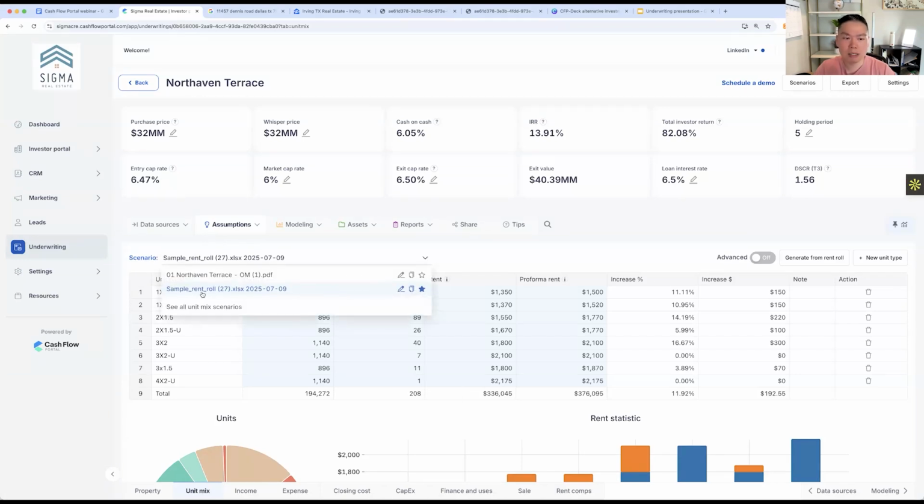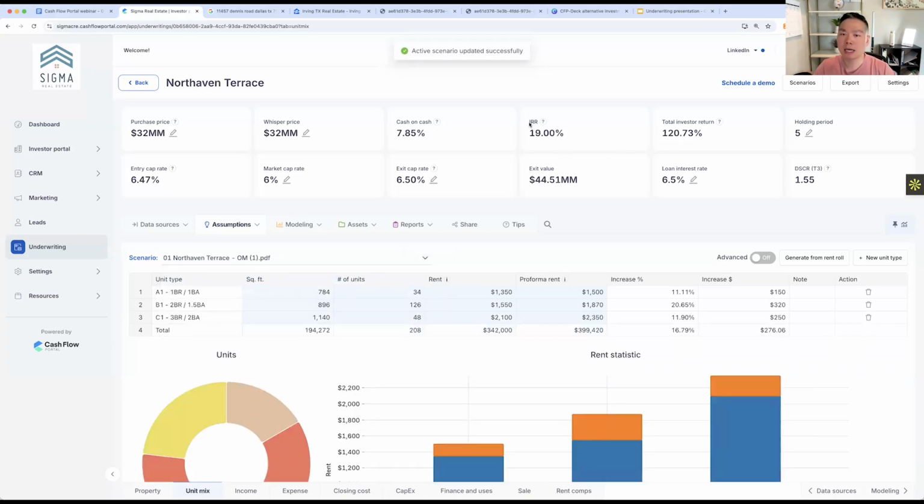And in the dropdown, you can see there's a scenario based on the rent roll. This creates your unit mix. But there's also a unit mix that's generated from your OM. So watch this. Right now, by using the rent roll, my IRR is about 14%. Then if I make the OM scenario, the unit mix that's generated from the OM, I can see my IRR